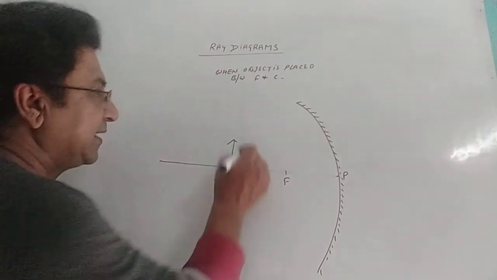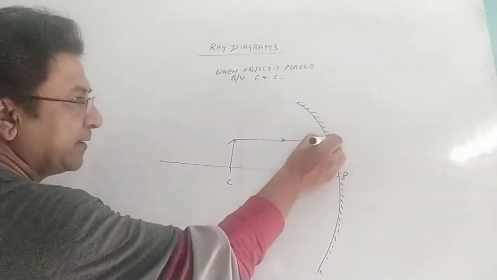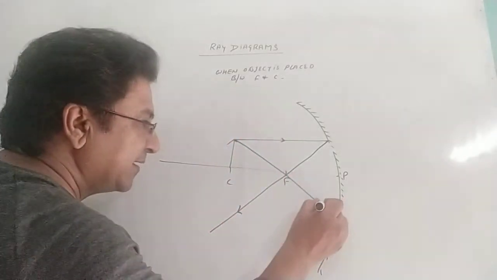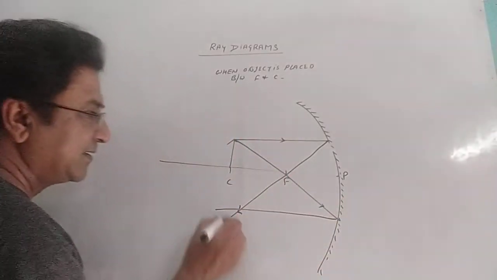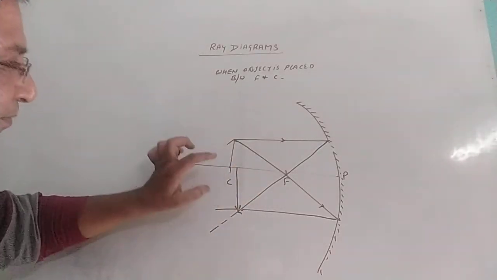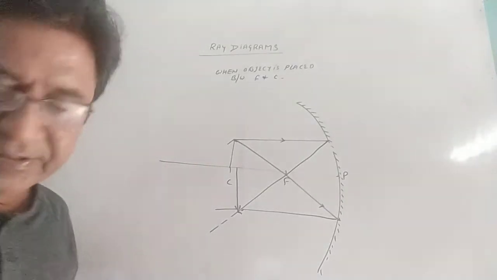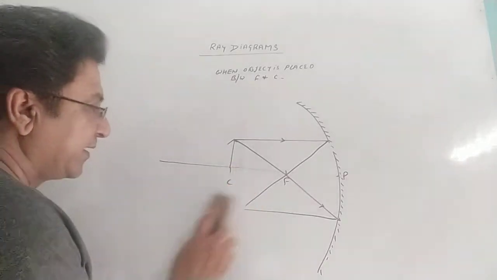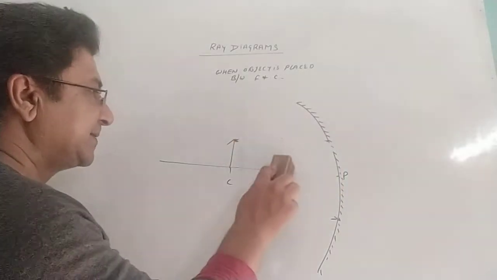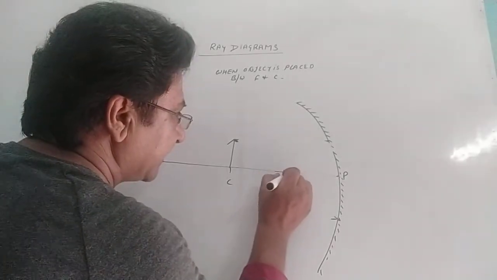Usually when we make this diagram like this, first rule, a ray which is parallel to principal axis passes from focus. A ray which is passing from focus, after reflection it goes straight like this. Usually the difference comes. The image should form just below the center of curvature. So what should we do? There is no logic for it, but I am telling you, try this. The image will be formed on center of curvature. Usually this diagram disturbs a lot, but there is a clue to do that.